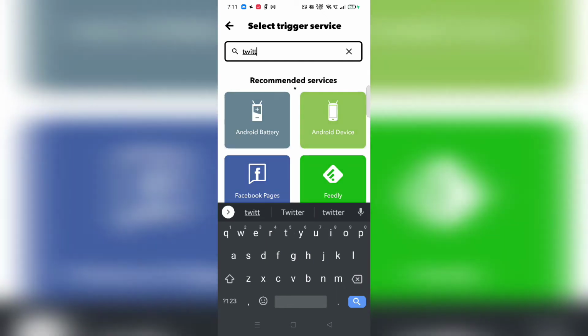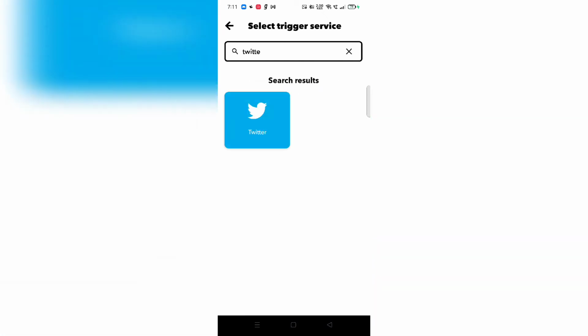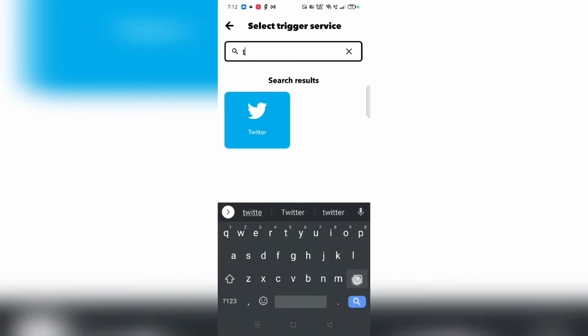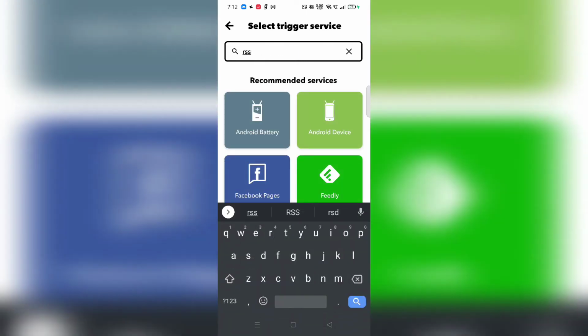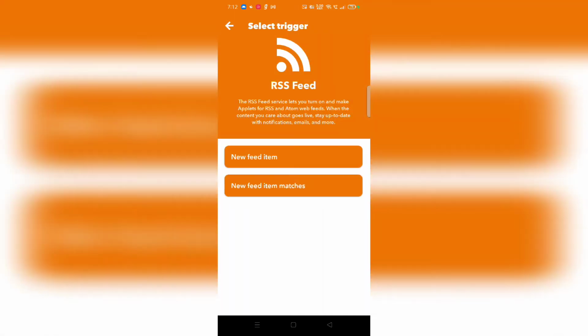It allows you to go ahead and connect it with your Twitter and your Instagram and so forth. But I'm going to show you with the RSS feed, as I already told you. Pinterest, for some reason, the Pinterest applet is giving me some problem. Anyway, when you go ahead and get on the RSS feed, these are the 2 things that you're gonna be